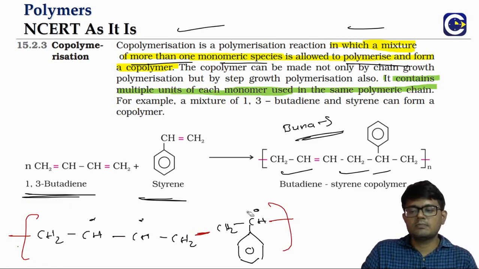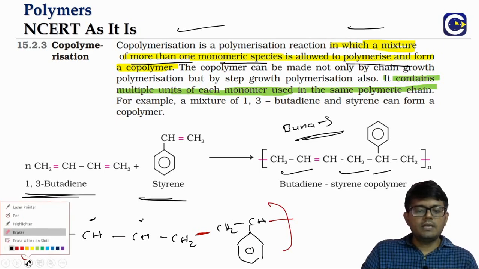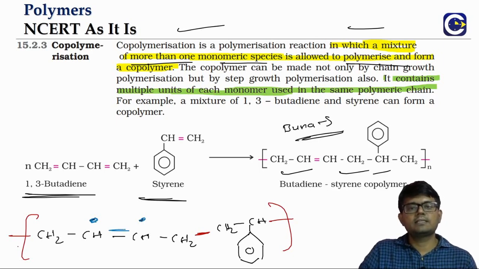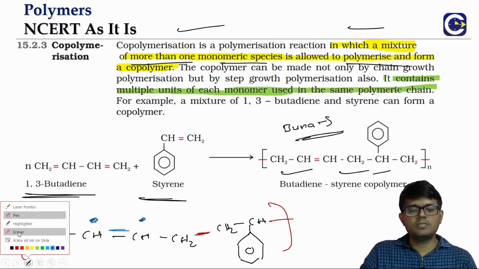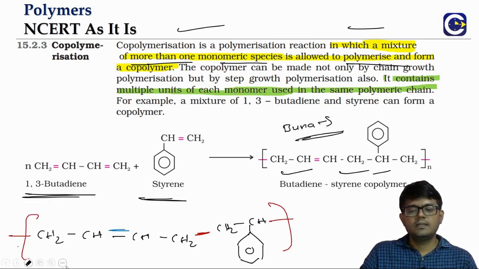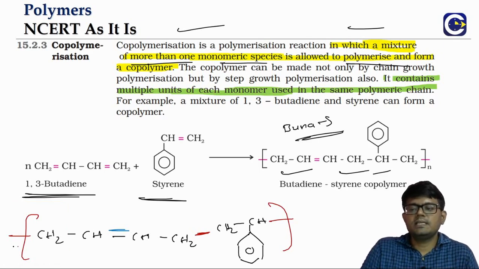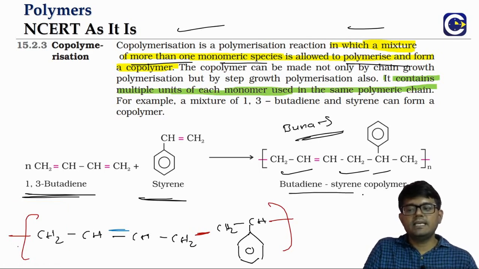These two carbons, this carbon also. Only the middle ones you see, right? These two are still having the valency deficit. So they will form an additional bond. And when they form an additional bond, that is the polymer structure. So what is this? This is the butadiene styrene copolymer.